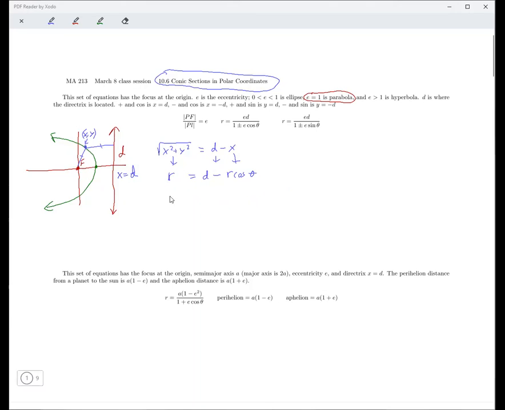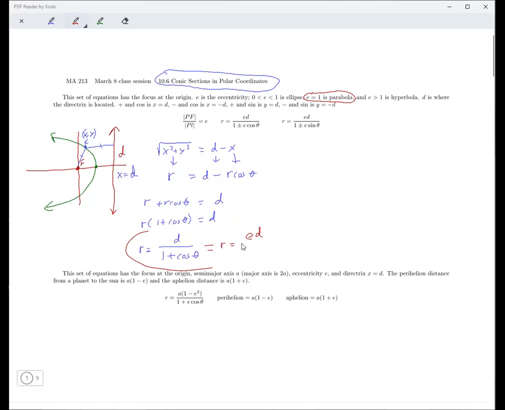And so you take this to the left side. So you've got r plus r cosine theta equals d, and then you factor an r out, and then you divide by 1 plus cosine theta, like that. And as you can see, this equation here, since e is 1,